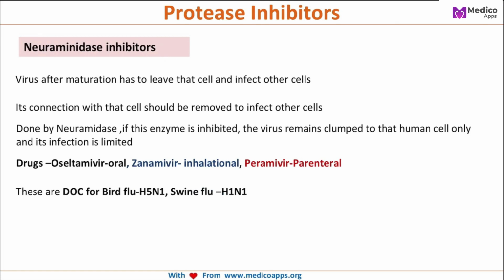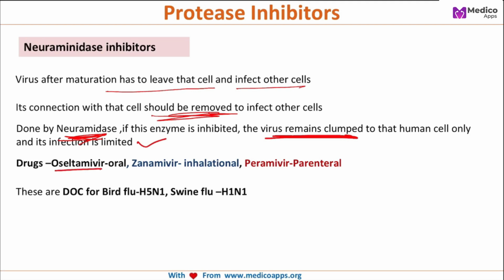Then neuraminidase inhibitors. So why are these used? The virus after maturation has to leave that cell and infect the other cells, right? Its connection with that cell should be removed so that it can infect the other cell. This is done by neuraminidase enzyme. So if this enzyme is inhibited, the virus remains clumped to that single cell itself and the further infection is